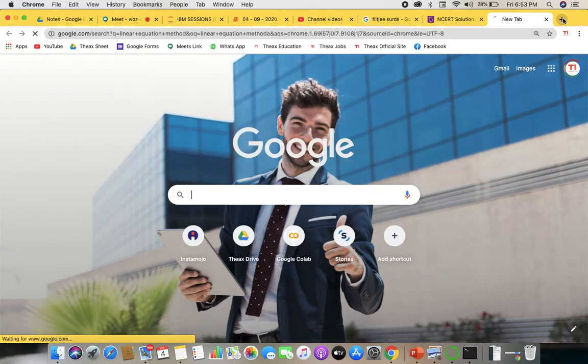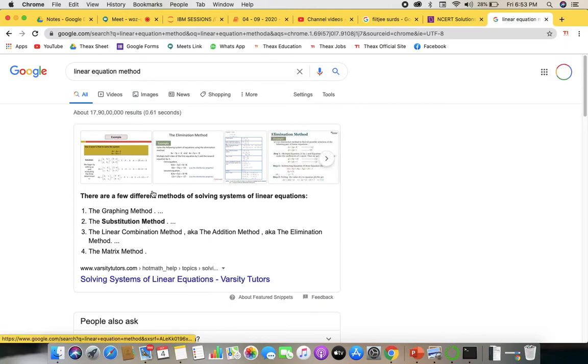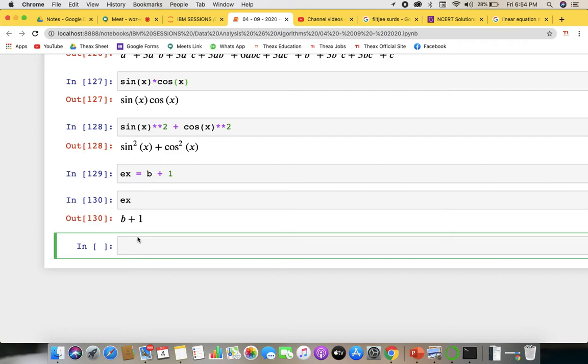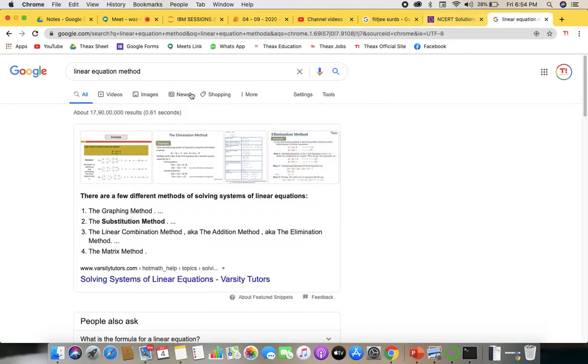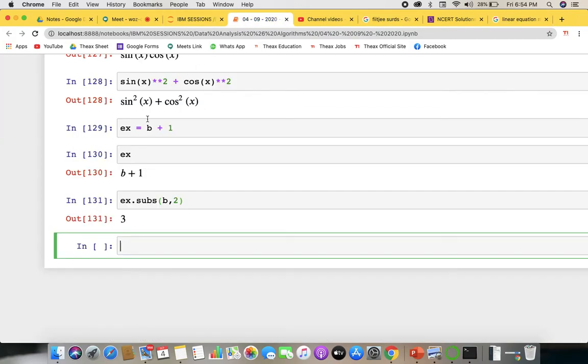See, I have got some names for solving a linear equation: graphing method, it is coming in bold letters exactly, and substitution method. Exactly, we are going to substitute the value of b by 2, and that gives the value 3. It is giving the exact method. Okay, fine. Right, guys? So for any expression, if you want to substitute the values,